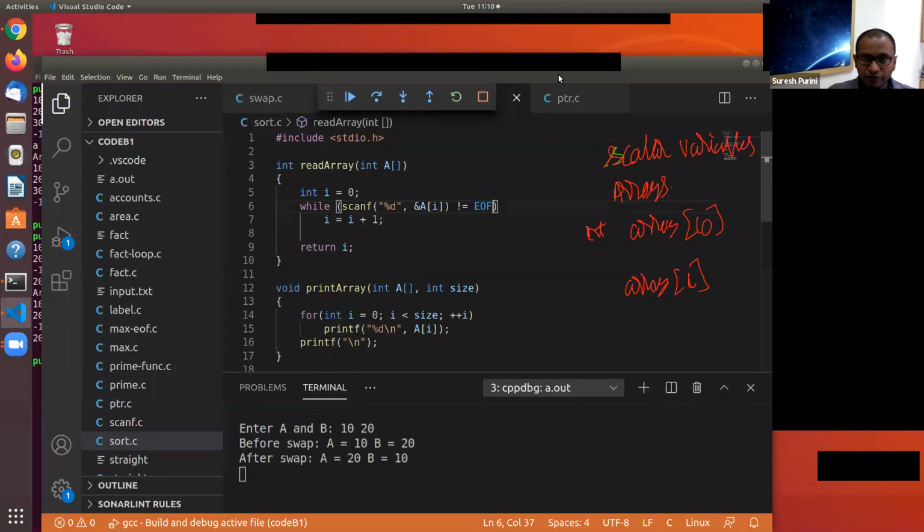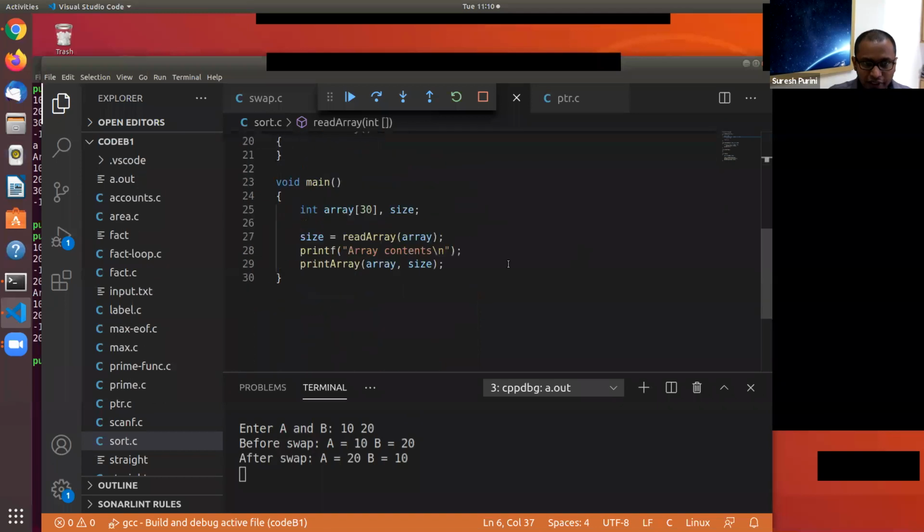So what we are doing here is, in the function main, please pay attention to me. In the function main, we are declaring an array of size 30.